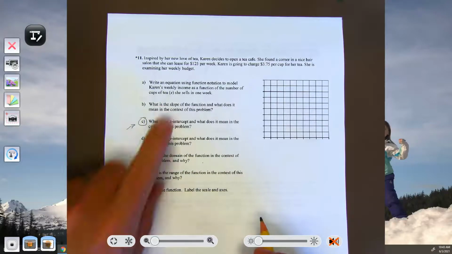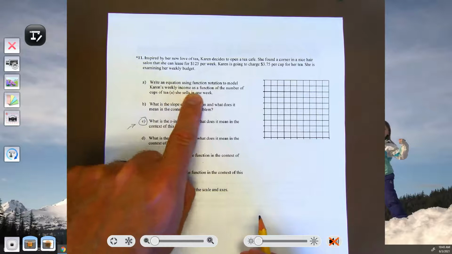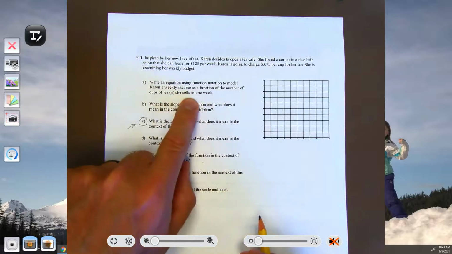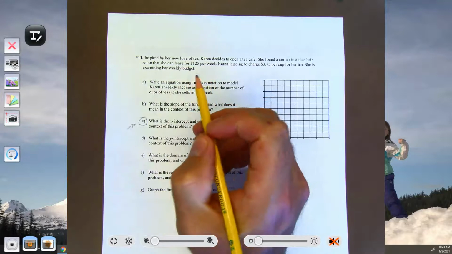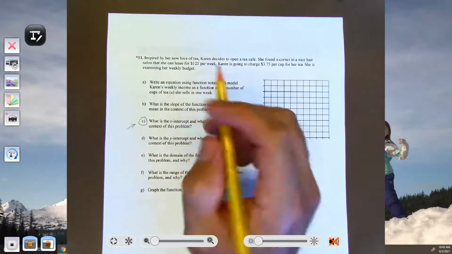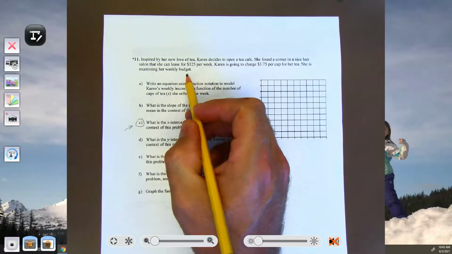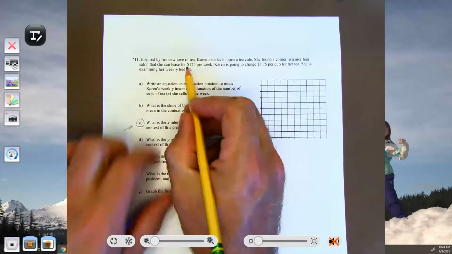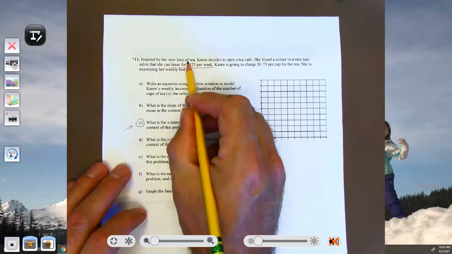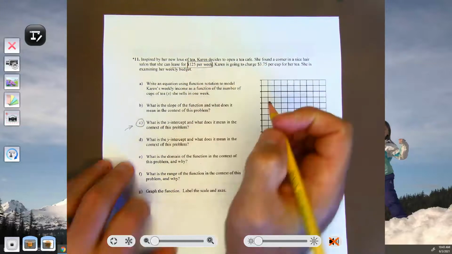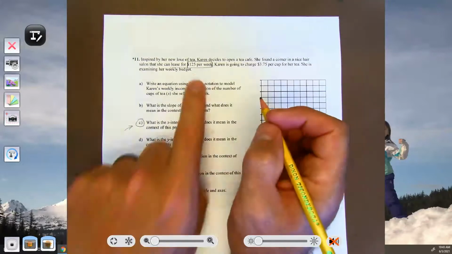All right. So write an equation using function notation to model Karen's weekly income as a function of the number of cups of tea she sells in 1 week. Her income is how much money she makes while she's selling tea. Now we have to take into account her expenses. The only thing she gave us was the lease for $125 per week. We have to take this into account when we talk about how much money she makes, because she has to pay this